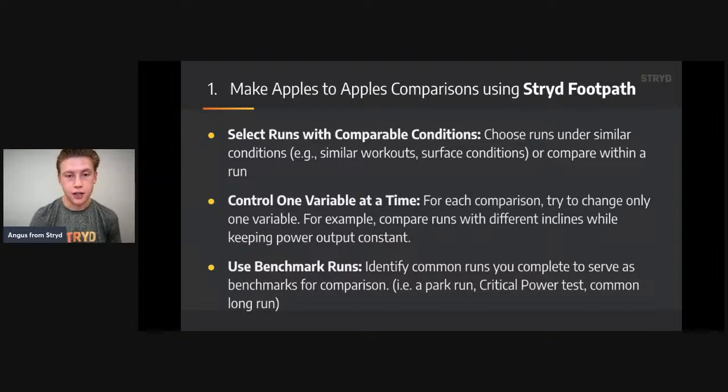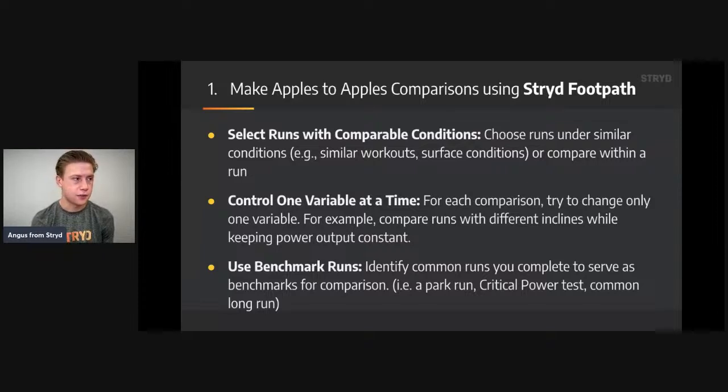Another example is speed. Let's say that you're running on flat ground, such as a track, and you're changing your speed. So the variable in that case is speed. I want to see how my footpath changes as a result of speed. You can apply this across many different variables: incline, speed, shoes, surface condition. And when you try and change just one variable at a time, then it becomes really easy to gain insights